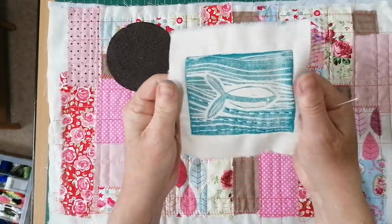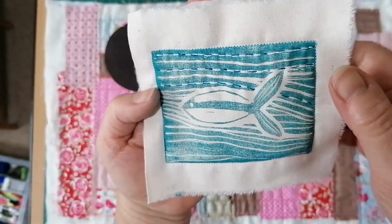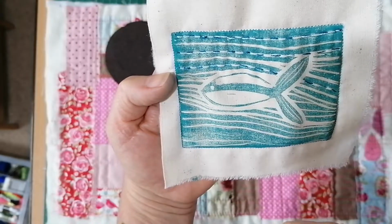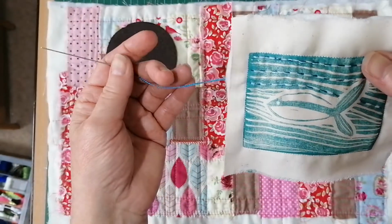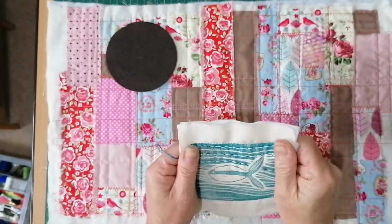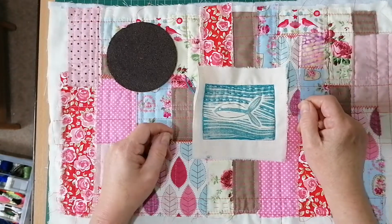Right, so you're kind of getting the idea, and it gives you nice... Just see if you can see that. Yeah, he's upside down. There we are. So you can see my stitches in here. Okay, so I'm just doing the blue at the moment. I intend to go back in and do... I've got a variegated green and I can't see it for the life of me now. Anyway,